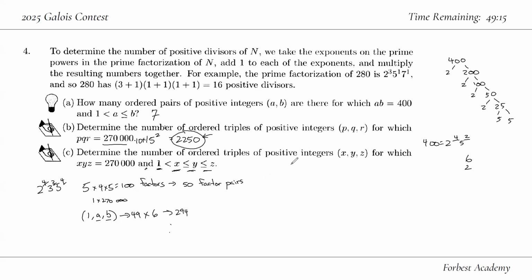So in other words, going back to the fact that we said we had P, Q, R, this was 2 to the A1, 3 to the B1, 5 to the C1, it's 2 to the A2,